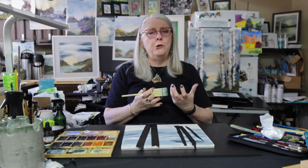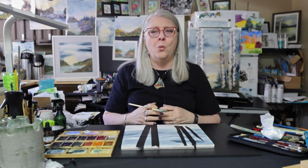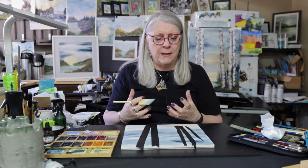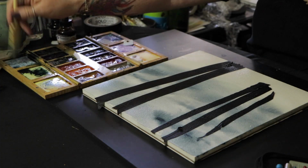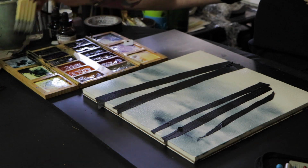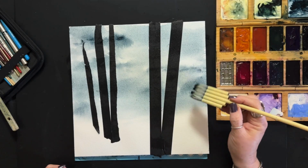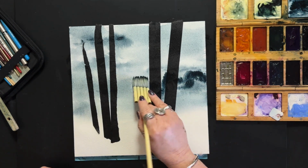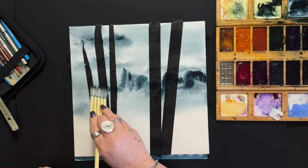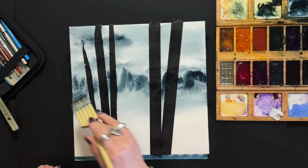And for some lovely background, I think we're going to stick to the blues and the blacks and the sepias just to keep us with that theme that's sort of pre-spring. We get that gray and brown business happening. So I'm going to just dab once into my Mayan blue, dab a tiny bit of that off, and I want to make just the indication of something happening in the background. There's some tree shapes, there's a bit of a hill maybe happening,